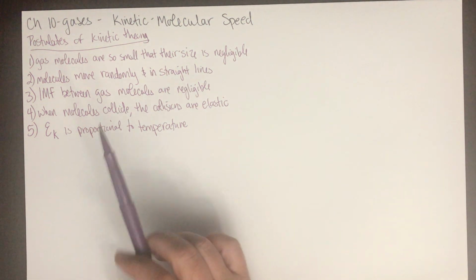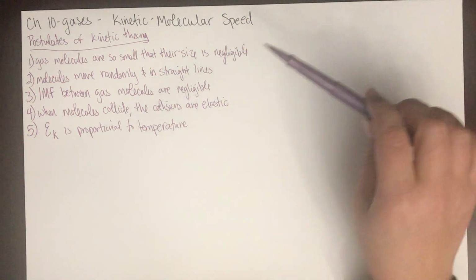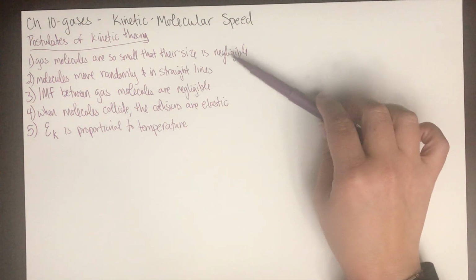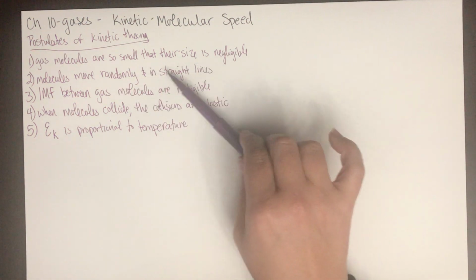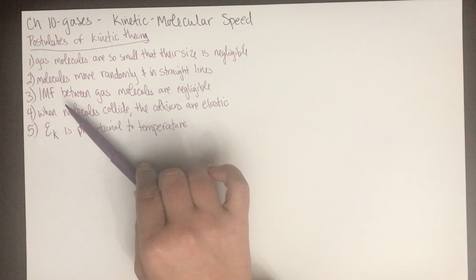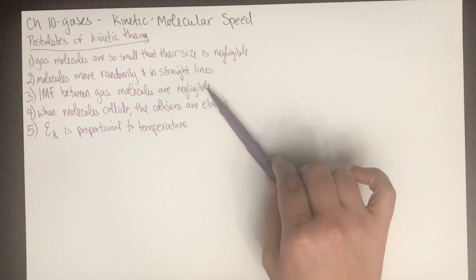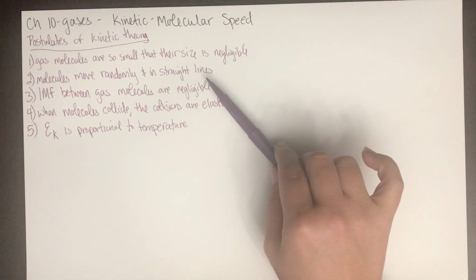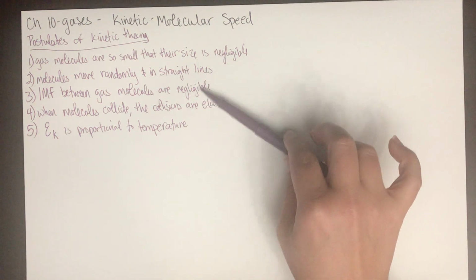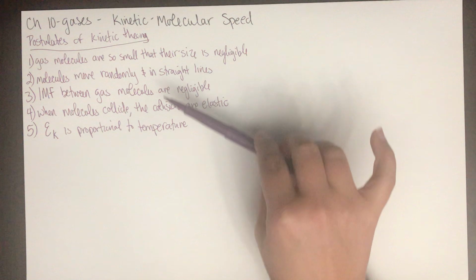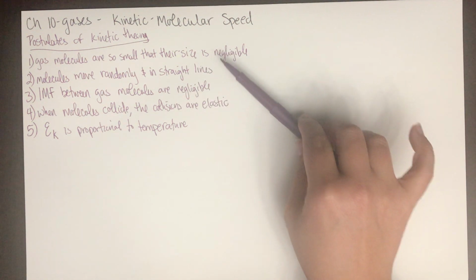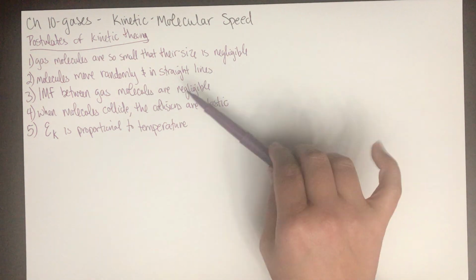Also, I want you to pay attention to these postulates. Number 1 and number 3 are mostly true. The gas molecules are really small, and we assume they're negligible. The intermolecular forces are also really small, and we assume that they're negligible. But in the next lecture on the van der Waals equation, we're going to see that these two are not exactly true, and we assume this to make some of our calculations easier, and we're going to see some differences in the next lecture. So just be looking for that.